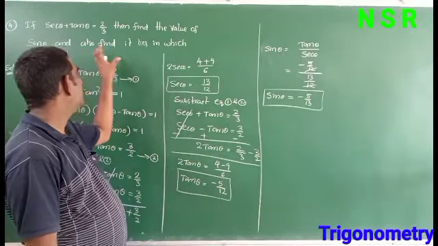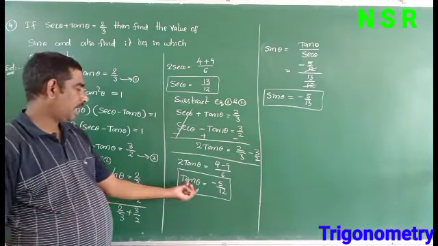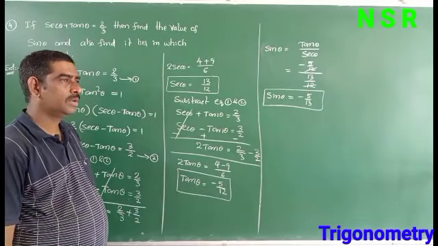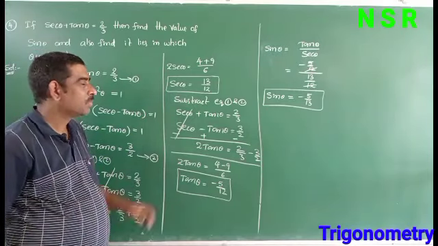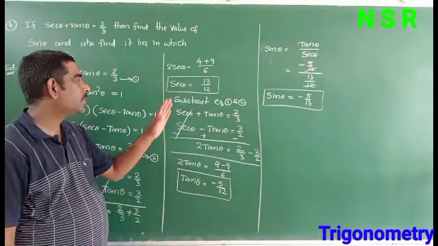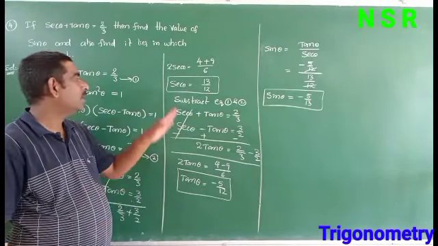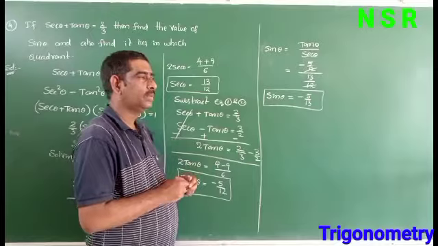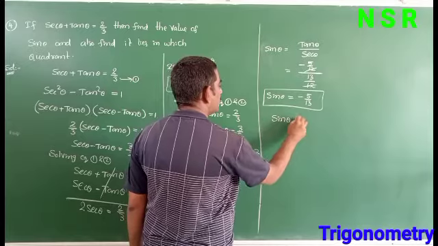So next we have to find the sin theta value lies in which coordinate. See here tan also negative. So tan is negative in second and fourth. So secant here positive, secant positive in first and fourth. So secant positive and sin and tan are negative. So in which coordinate? Secant positive, sin and tan negative, fourth coordinate. In fourth quadrant secant is positive, tan and sin are negative. So here sin we get negative. So sin theta it is belongs to Q4.